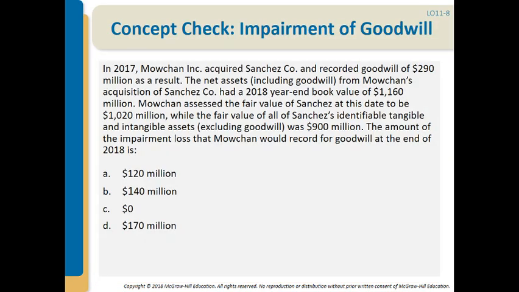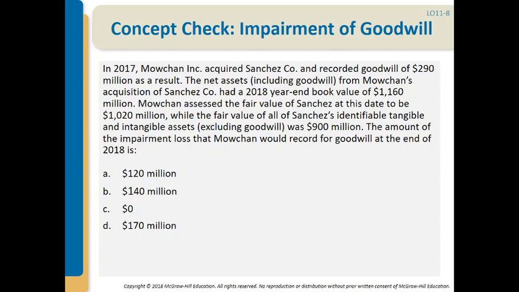All right, so here we have an example. In 2017, Malchan acquired Sanchez Company and recorded goodwill of $290 million as a result. The net assets, including goodwill, for Malchan's acquisition of Sanchez had a 2018 year-end book value of 1,160 million, so 1,160,000,000,